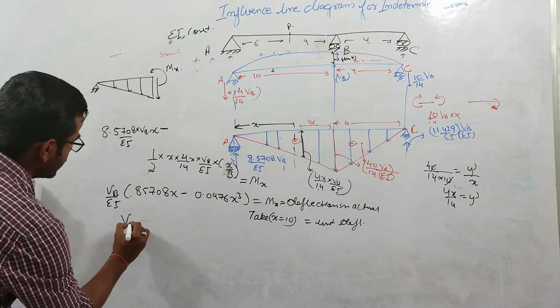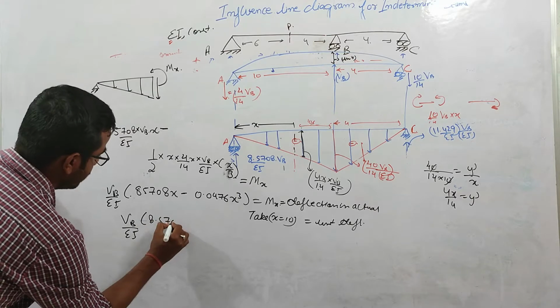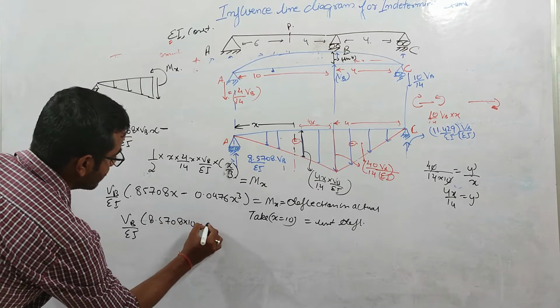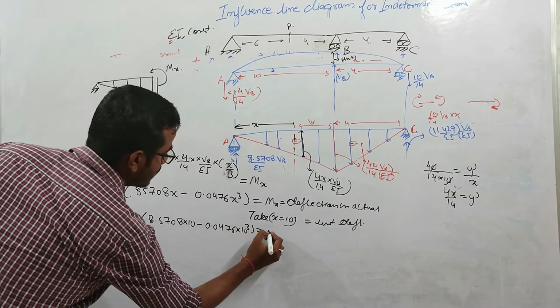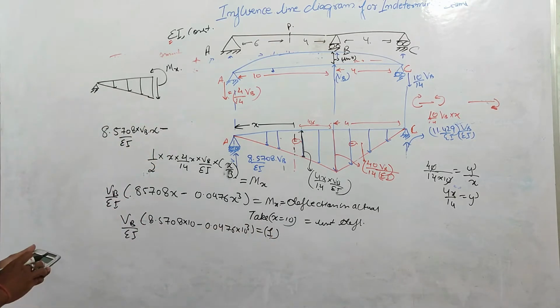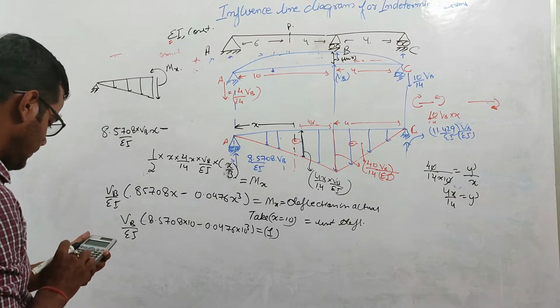So if I take this equation, VB over EI into 8.5708 into 10 minus 0.0476 into 10 cubed equals this unit deflection, and if I solve this thing,